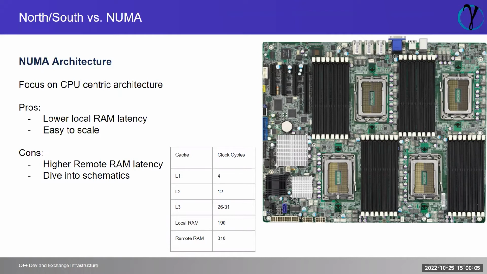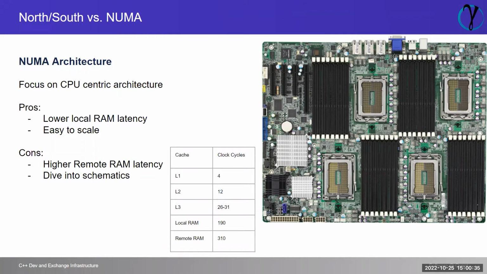But the problem comes up when you actually have to use more RAM than your CPU has, or just access some other piece of memory. Then you would have to go through the other CPU into their RAM. So here's the rough boundary for clock cycles. There's a source for this in the speaker notes. L1, L2, L3 cache. Okay, fine. If you look at the difference between accessing your local RAM, 190, and your remote RAM,